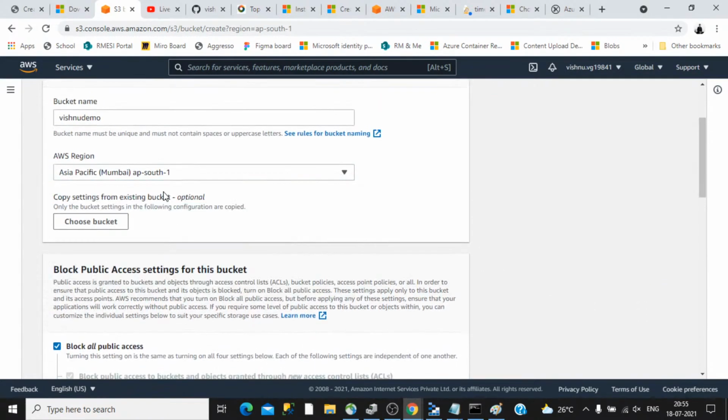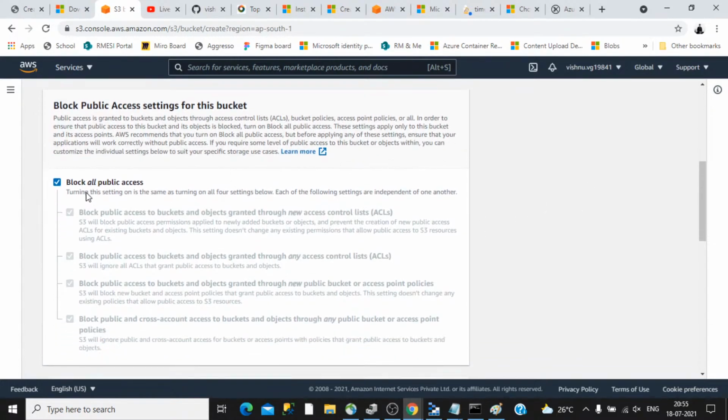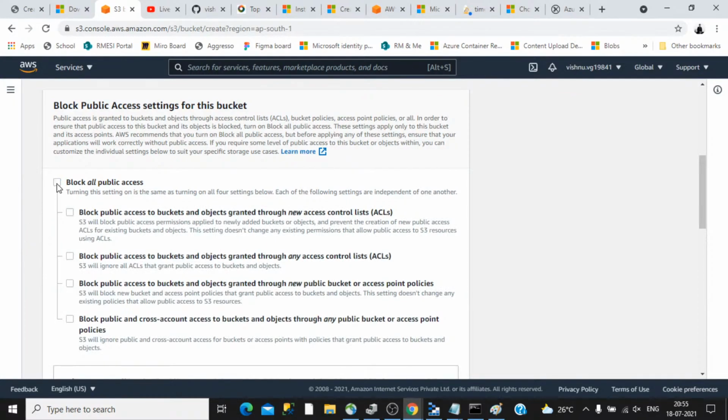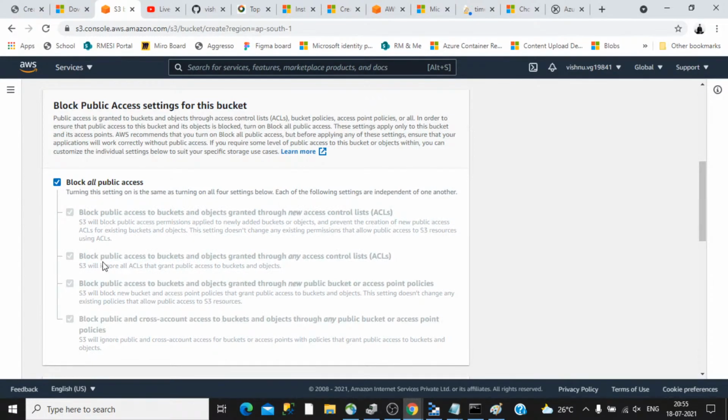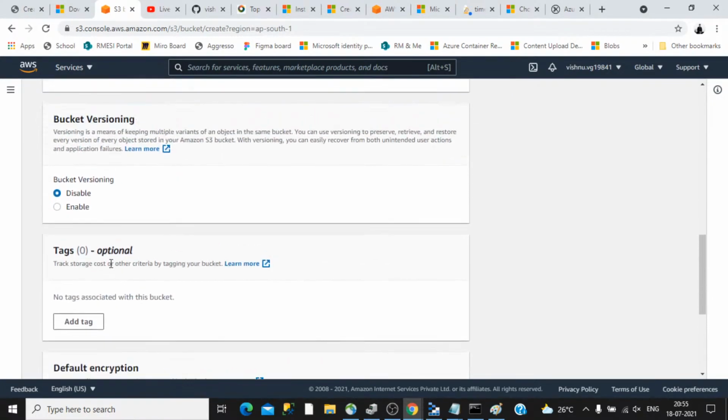So you can select a region that is closer to you. That is the recommended approach. And then there are different options by which you can put some security in for this bucket. For example, if you allow everyone to access this particular bucket, there is a possibility for ransomware and such kinds of malicious attacks that can happen. So to avoid that, it is recommended to block all public access and open only as per the policies you require. Then you have the option to choose the bucket versioning as well.